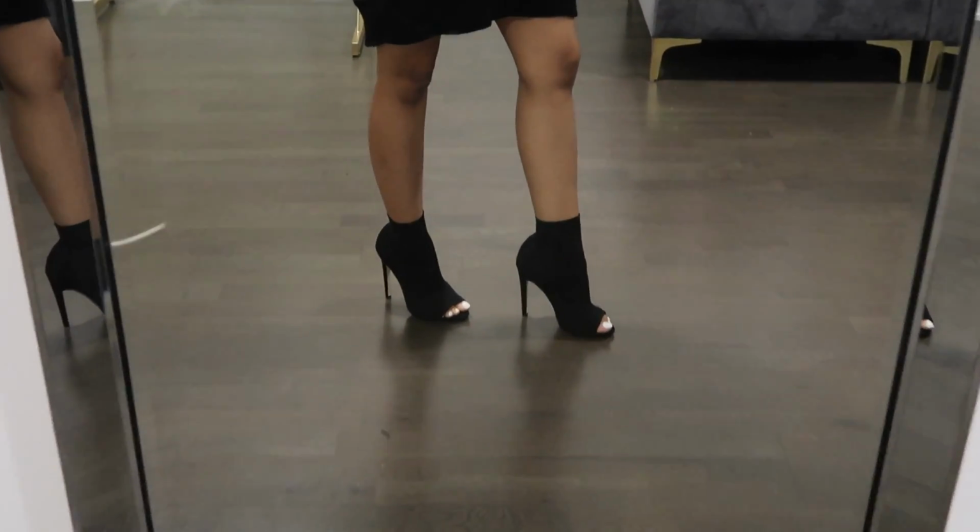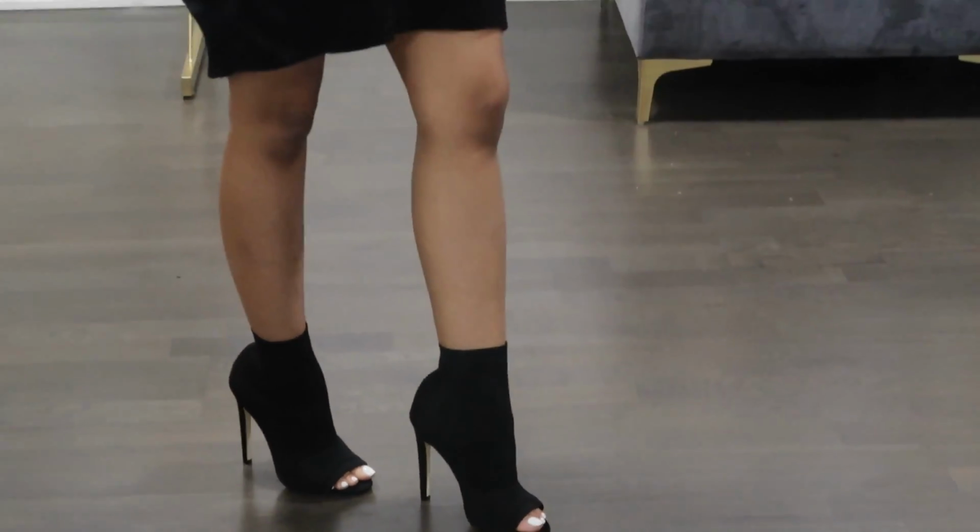I'm wearing my heels from ShoeDazzle. If you guys watched my fall essentials videos, I love these booties so much. And of course, my necklace is from